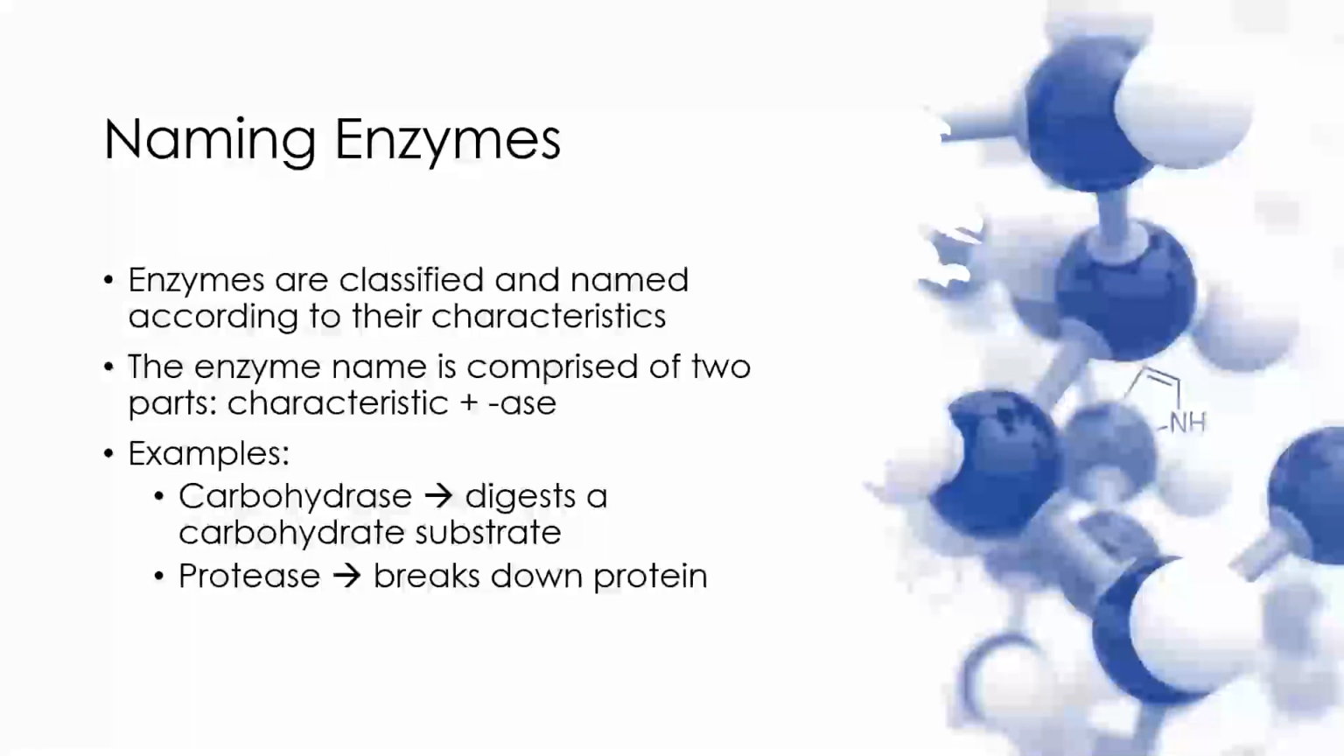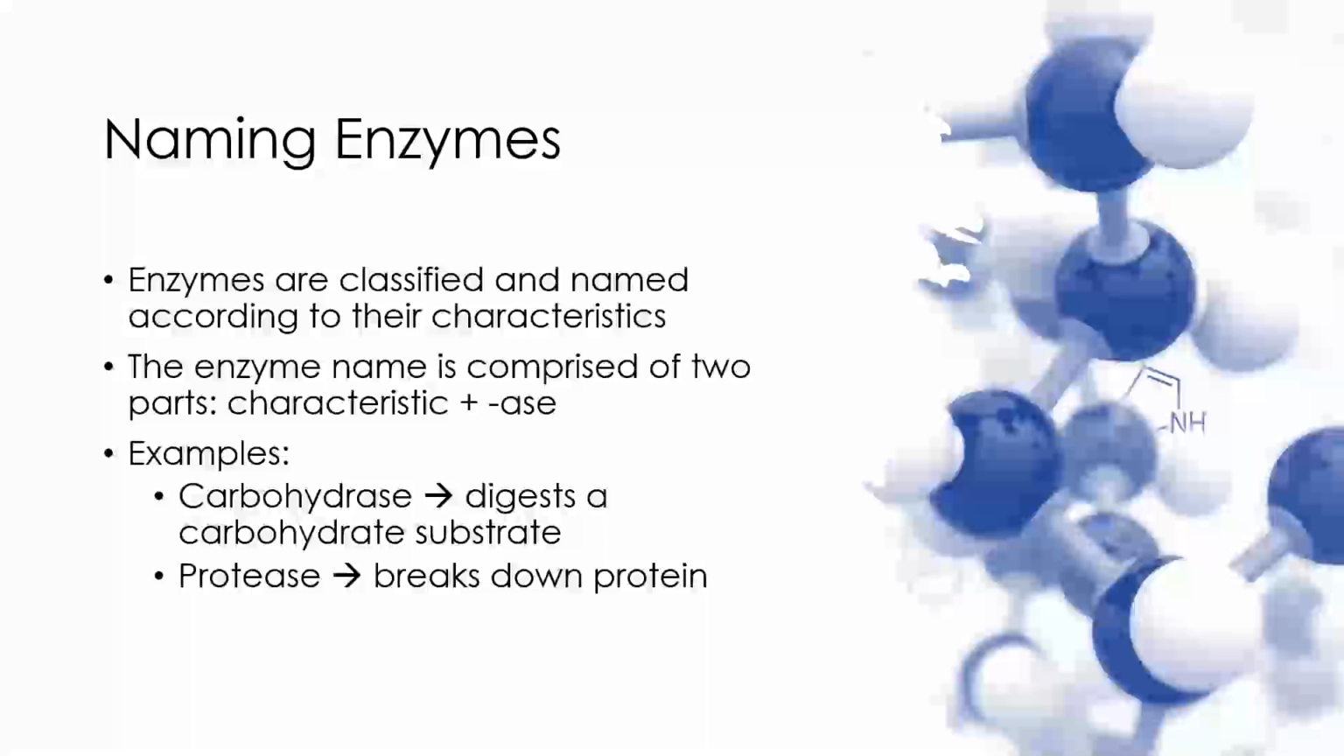Enzymes are classified and named according to their characteristics. So what they do, what they act on, their name is going to give you a clue of what their job is. The enzyme name is comprised of 2 parts. The first part is going to be their characteristic. What's their job? What molecule are they acting on? What are they doing? And then the ending is always going to be ASE. So if you see a word that ends in ASE, that gives you a hint, hey, this is an enzyme. So a couple examples,